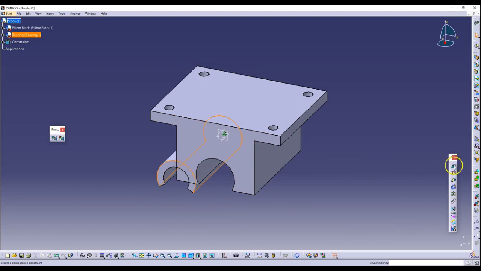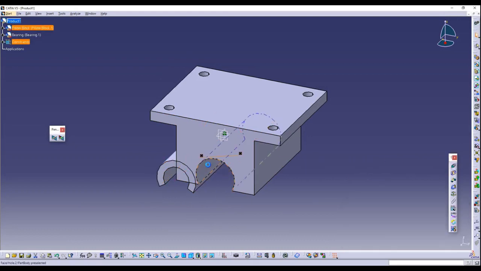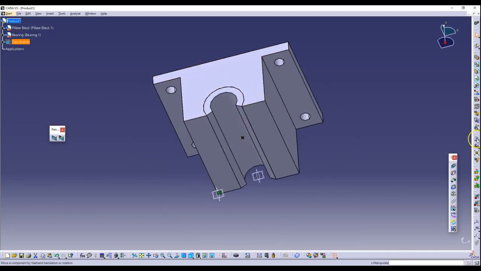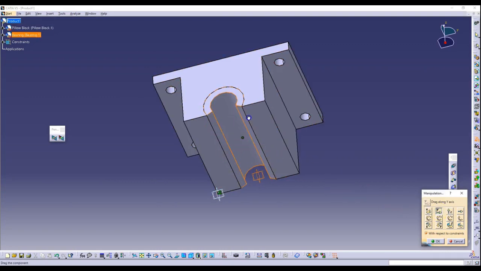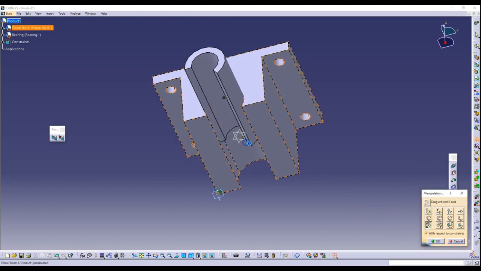So I'll start with a coincident constraint between the axes of those two curved surfaces, the cylindrical surfaces. And then using the manipulate tool, we can move it to see which constraints are still needed. So this should be able to move in respect to, there we go, one linear direction as well as